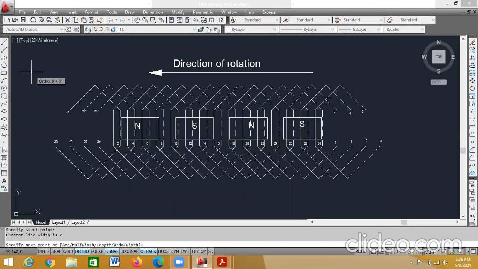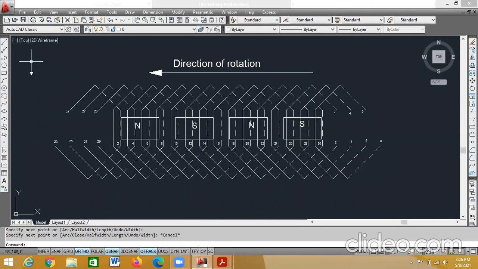Then select half width, H, enter. Starting of the half width, I'll give 0.2, enter. Ending, I'll give 0, enter. Now drag the cursor downwards a little bit and leave it. See, I got a small arrow. If you want a little bit bigger one, you can use a bigger one. Downward I got.